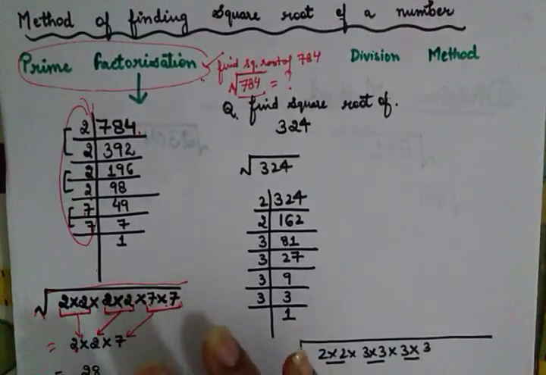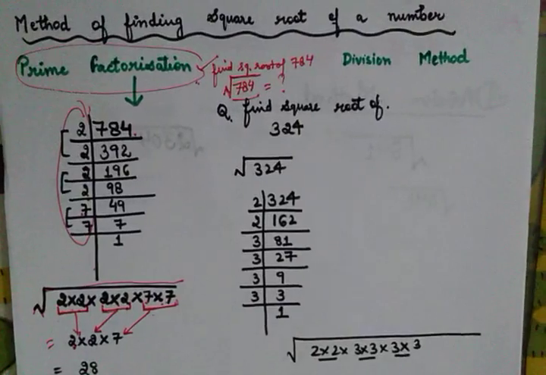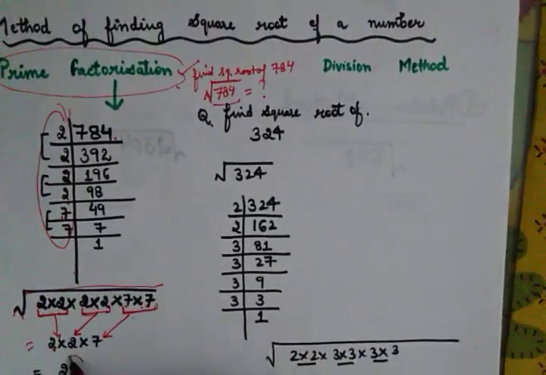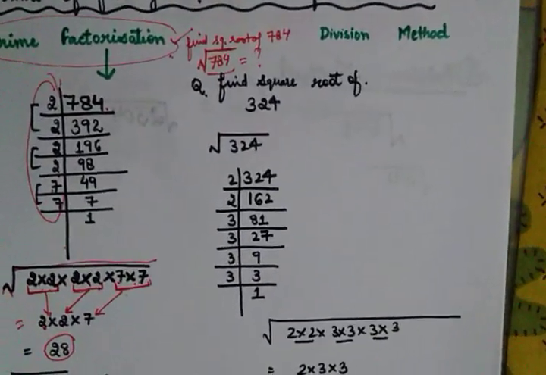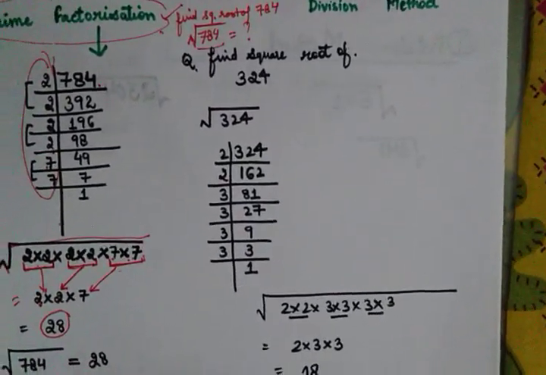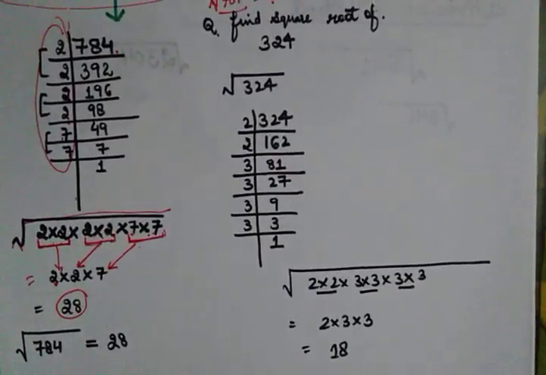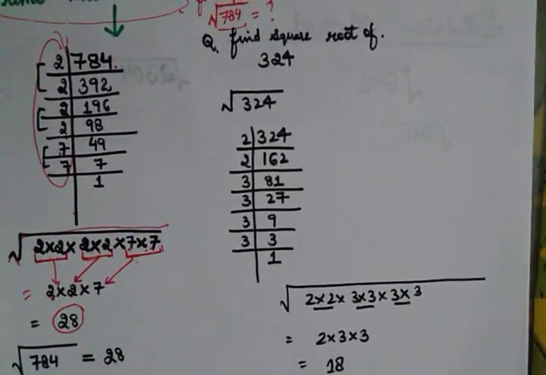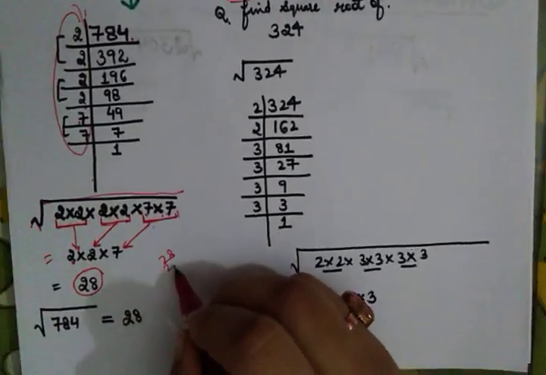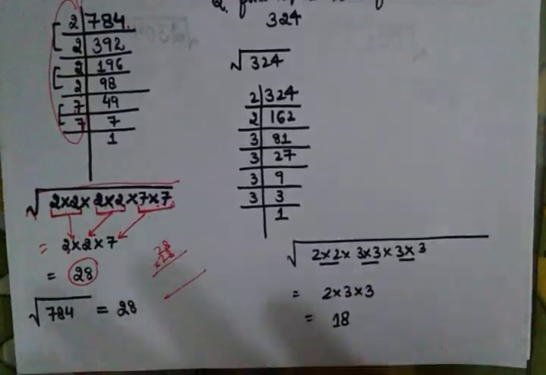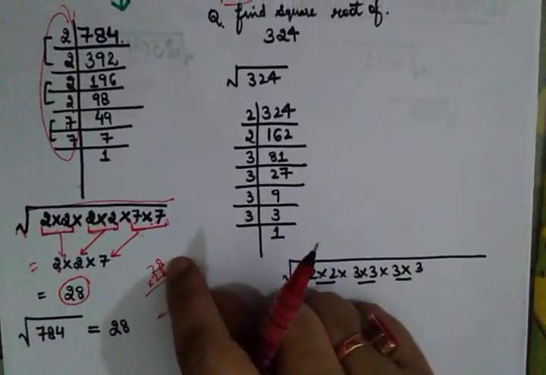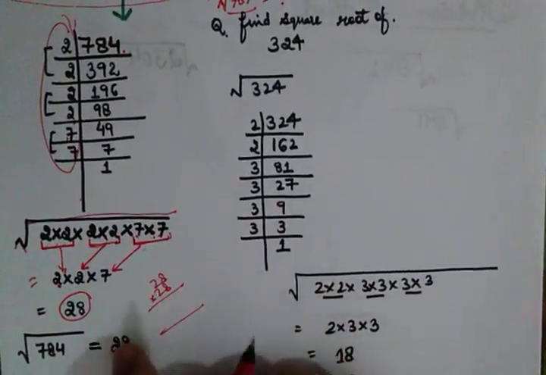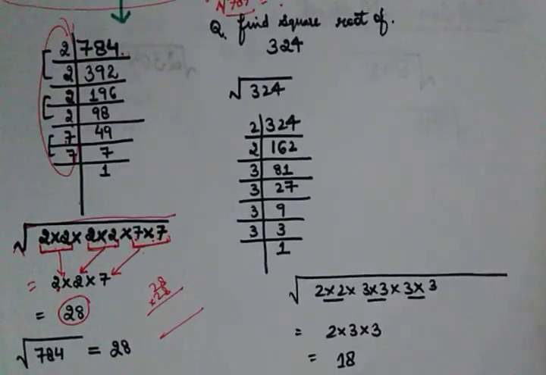Its purpose is done. So 2 into 2, 4, and 4 into 7, 28. So 28 is your answer. And now finally what I am showing you is that the square root of 784 is 28. Or the reverse way, if you want to call it, 28 squared is 784. And if you want to check, you can obviously multiply and check your calculation always. When you multiply 28 and 28, it will obviously come to 784. This is a method of cross-checking your answer, whether you have performed the calculation correctly or not.